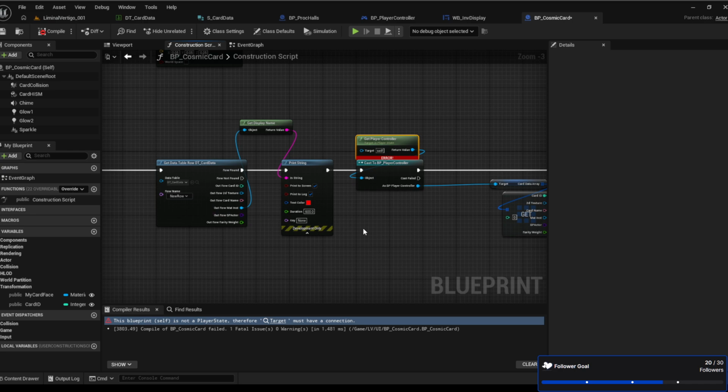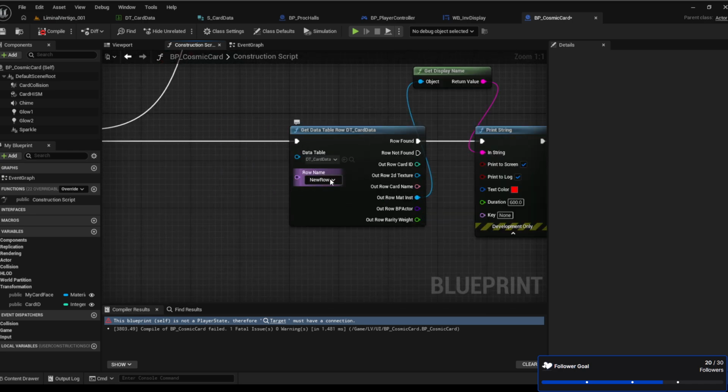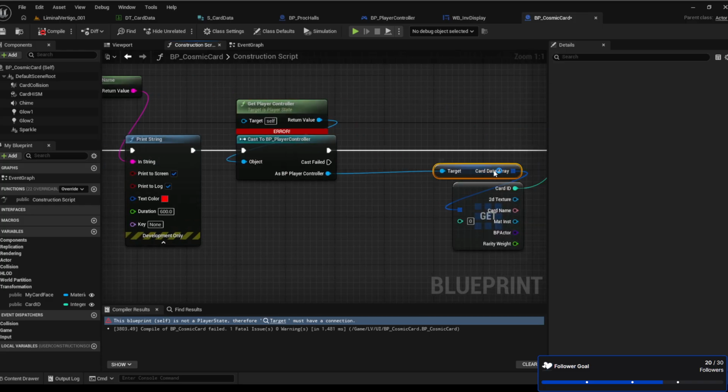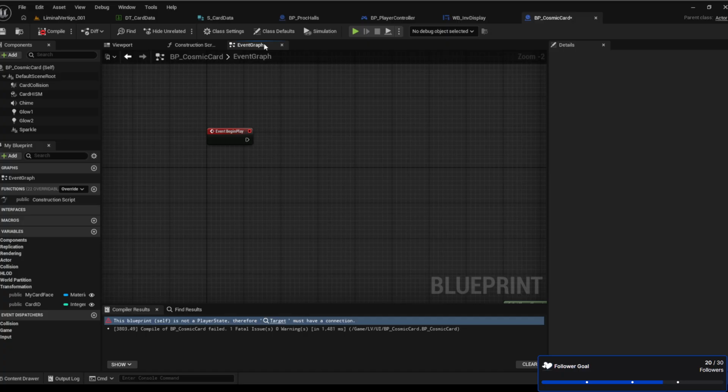Oh, no, I have to do something because it's always going to be the first row of the data table that I need, which is supposed to be cached in here, but we cannot access it because for some stupid reason you cannot cast to player controller in the construction script of another blueprint. You can do it in the event graph, but